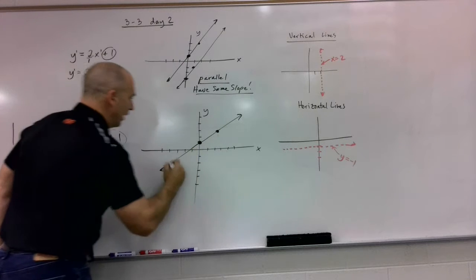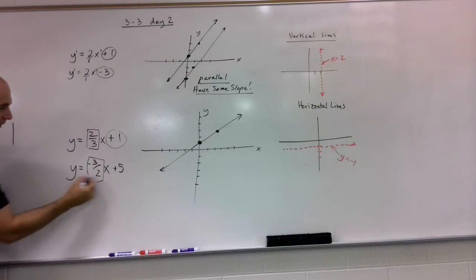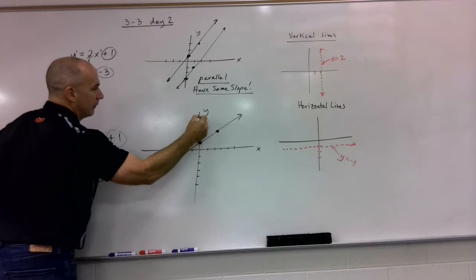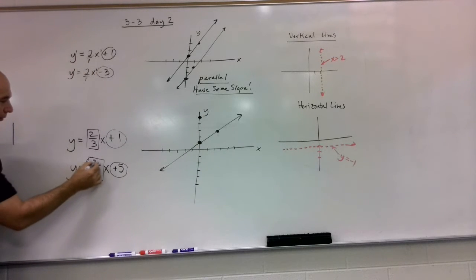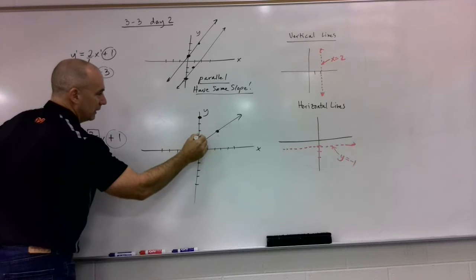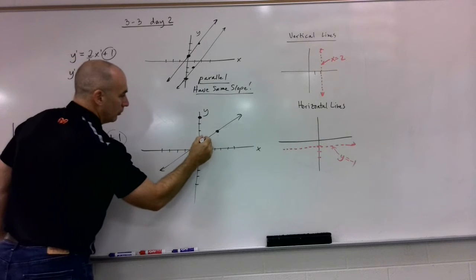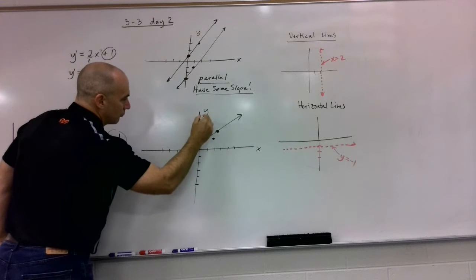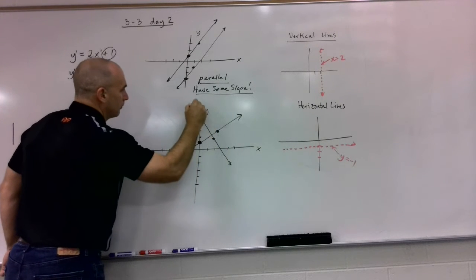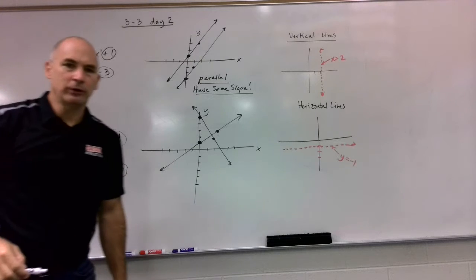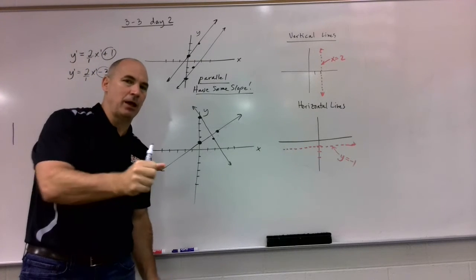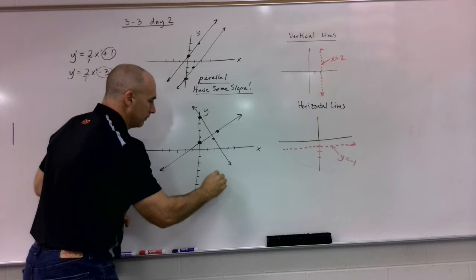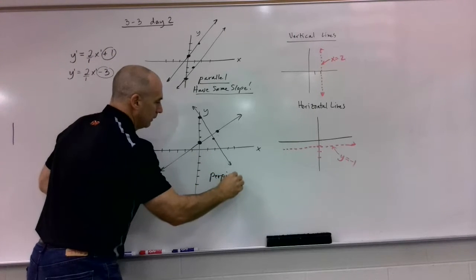Try to do a pretty decent job drawing it. Do the same thing here. The y-intercept is 5. 1, 2, 3, 4, 5. But from there, I need to go down 3. 1, 2, 3. Right 2. 1, 2. Now again, my drawing's probably not perfect, but it's pretty good. What do those lines look to be? Come on, put it in reverse. Think geometry. These lines are perpendicular